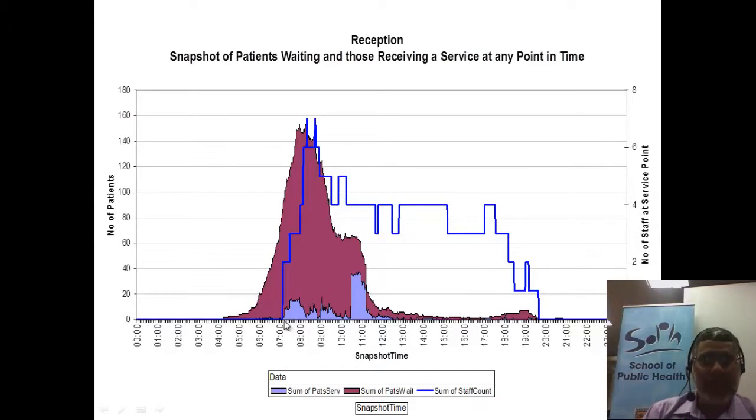So as you can see, at 7 o'clock 2 staff members come, and then at 7:15 another staff member comes, then 7:30 another, 7:45 another, 8 o'clock you have 6 staff members in reception. Then briefly someone comes to help out and then leaves again, and briefly someone comes to help out again and then leaves again, and you're back down to 6, and then at 9 o'clock you're down to 5, and then